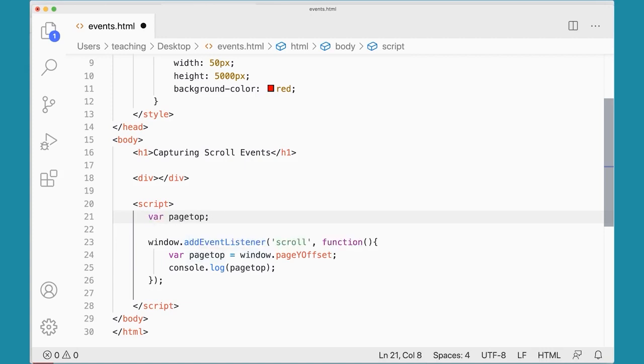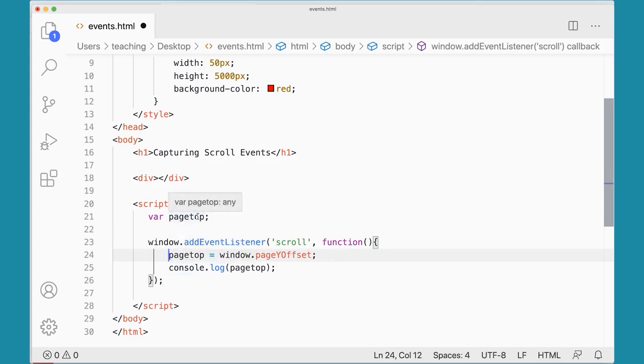Whereas if I do it up here, it's a little bit less expensive because now I'm just updating the value of page top. I create the variable once and then update the variable as I scroll down the page. It's not a big difference. You're not going to notice a huge difference in this example, but it's kind of important to mention because